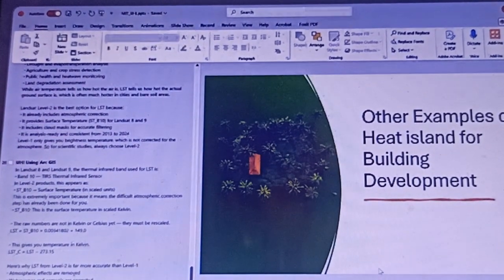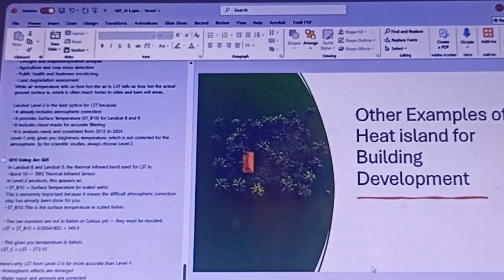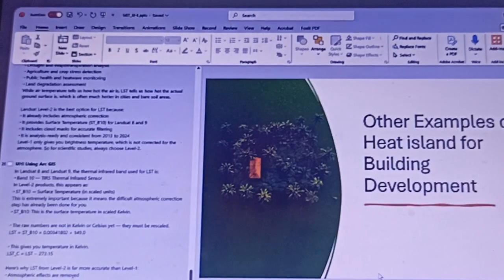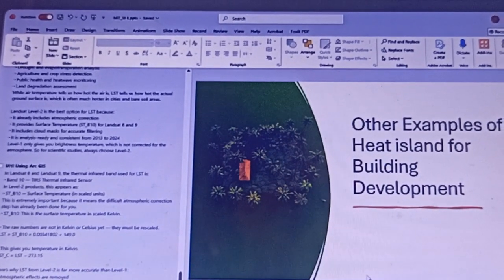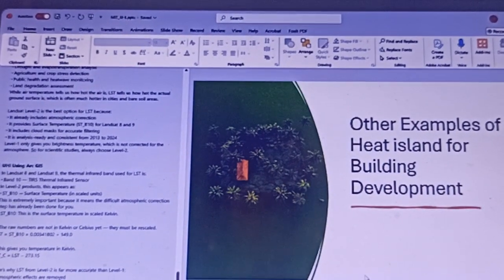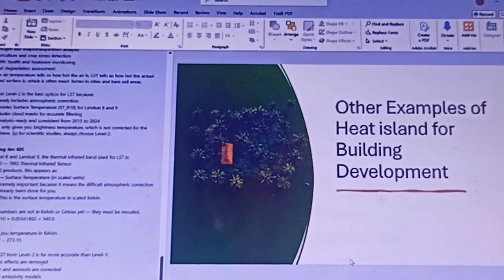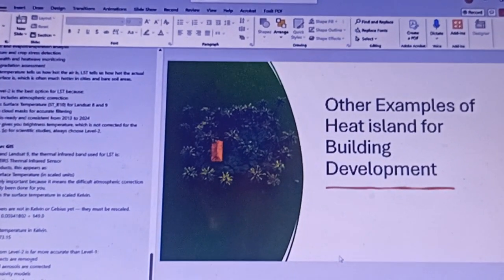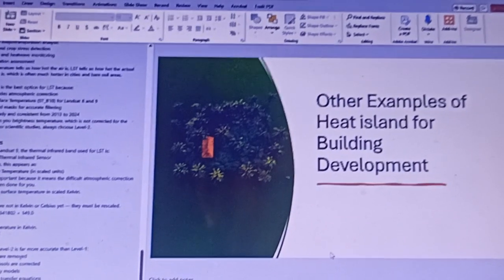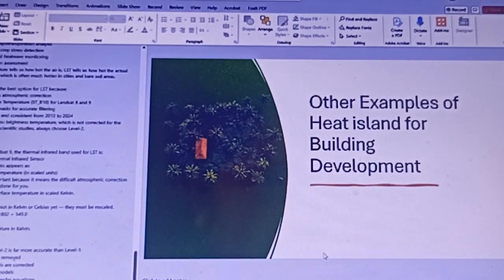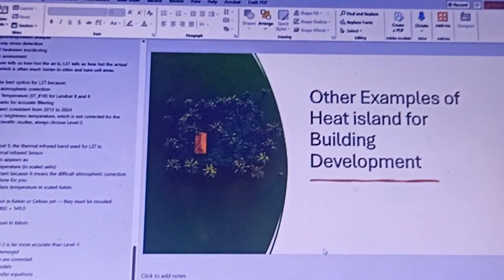And lastly, for the macro area, and for a micro area like a smaller building structure, we have seen one small example of how a small building can be studied for the impacts of the heat island in the surrounding areas. So this covers the entire chapter and entire topic of the discussion.